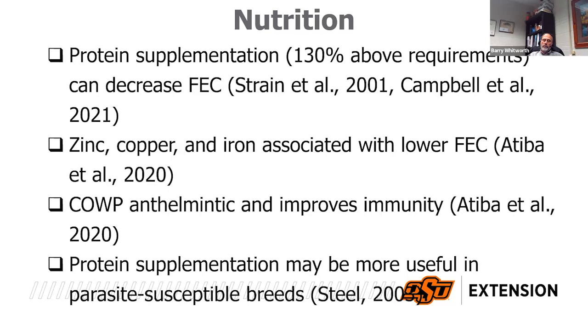We also know that certain minerals and vitamins play a very important role in keeping parasites in check. Part of that's probably from immunity. The other part may be, like for iron, for instance, if you have Haemonchus and you have a lot of depletion of blood, you can deplete the iron sources too. So giving iron gives that which is very important for the production of red blood cells. May be the reason it has a positive impact.